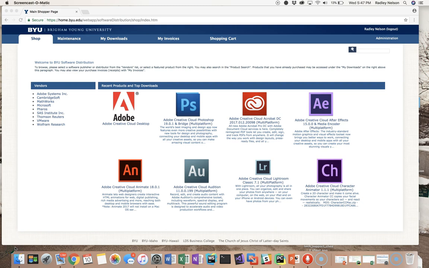Hello everybody, this is going to be a quick video showing you how you can get VMware for free as a BYU student, and then how to install Windows 10 in a virtual machine using VMware on your Mac. So go ahead and you'll want to go to software.byu.edu, and then once that loads up, just click VMware over